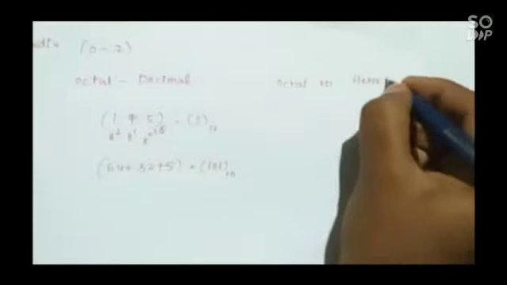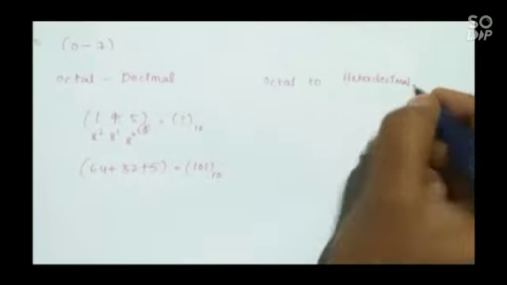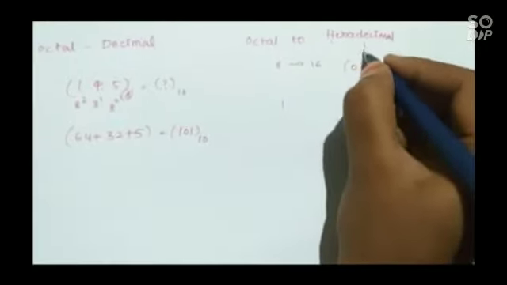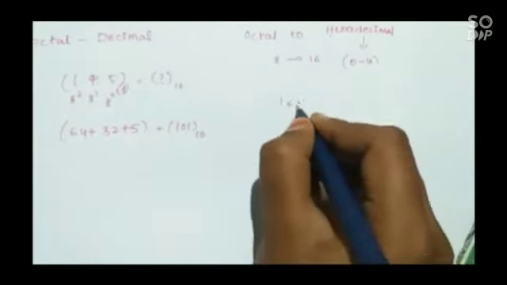And octal to hexadecimal means base 8 to base 16. Then we have 0 to 16 with hexadecimal. And the example is,